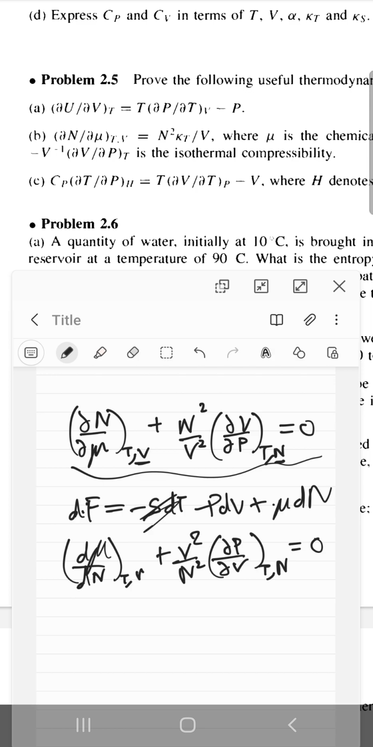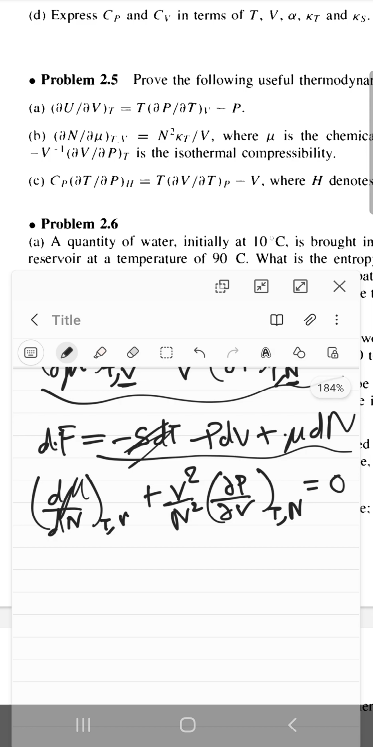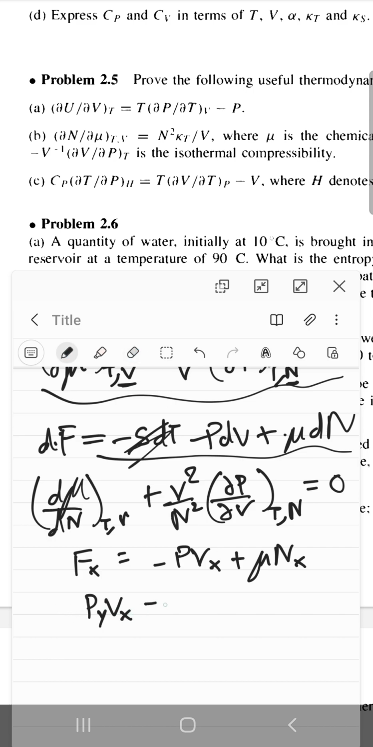Okay, so cool. In this case, you have this equation, so you just have F sub x is equal to minus P V sub x plus mu N sub x, right? And so you just get minus P sub y. I'm just going to do it directly at this point. So just P sub y V sub x minus mu sub y N sub x, and that's equal to P sub x V sub y minus mu sub